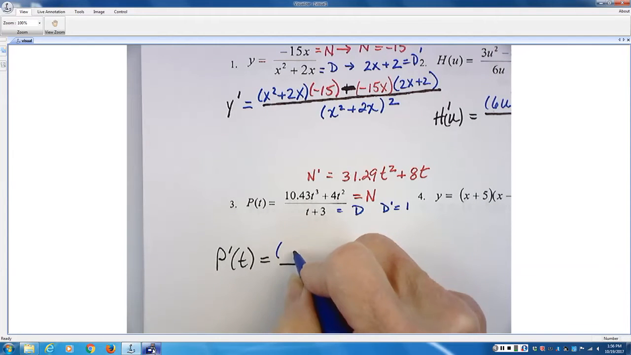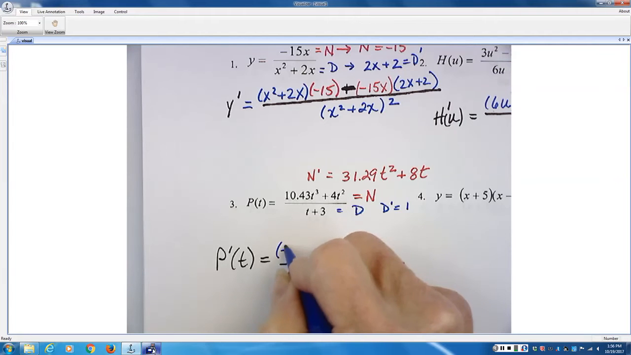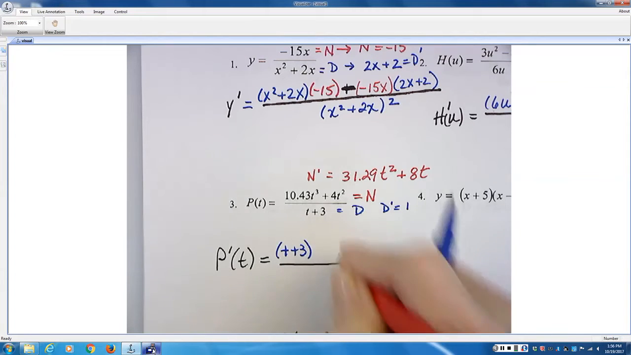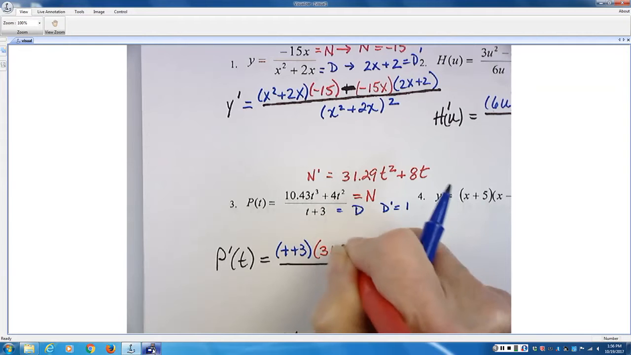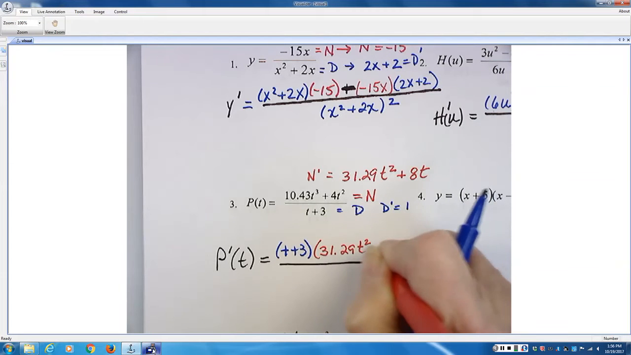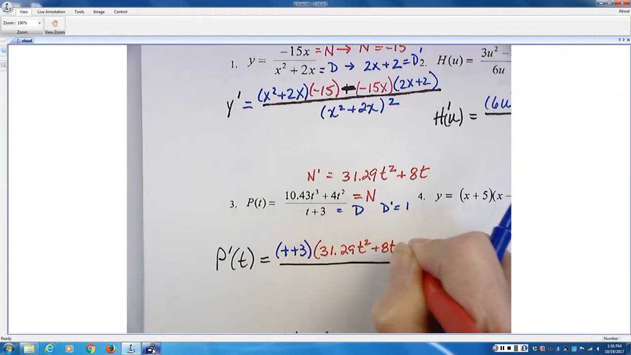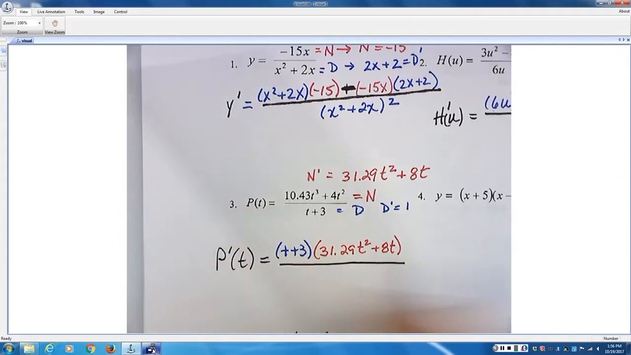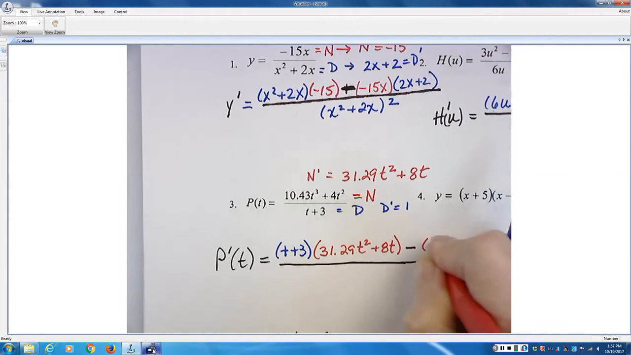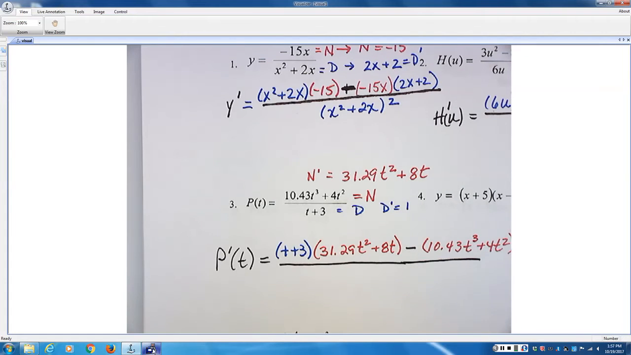So my derivative of p prime of t is t plus 3 times 31.29 t squared plus 8t minus 10.43t cubed plus 4t squared times 1. So it looks like it's gonna come out to 0, but it's actually